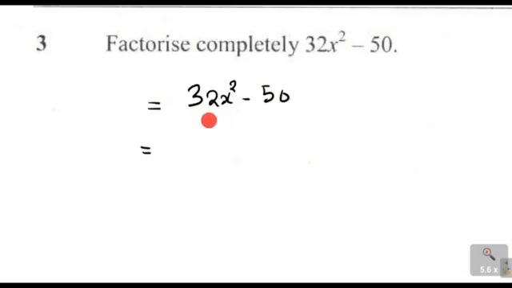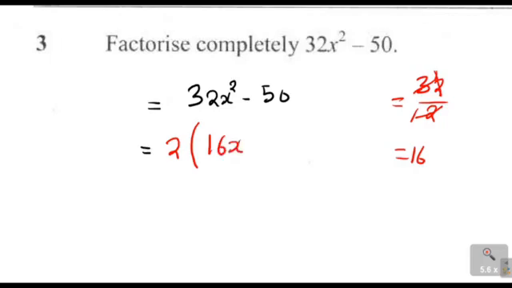So the highest common factor of 32 and 50 is 2. So it means that we are going to factor out a 2. Now to know what numbers we are going to write inside, we are doing 32 divided by the number that we have factored out. So when you divide, 2 into 3 is 1, remainder 1, 2 into 12 is 6. Okay, so we are going to remain with 16x raised to the power of 2 minus,